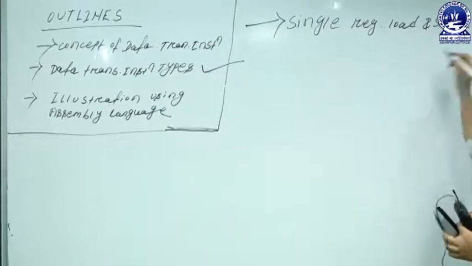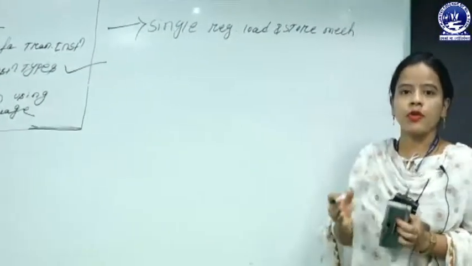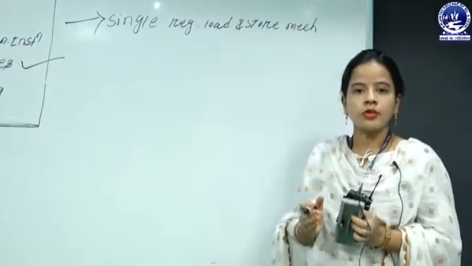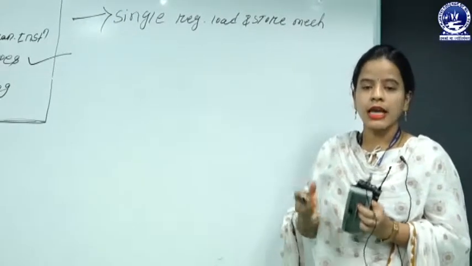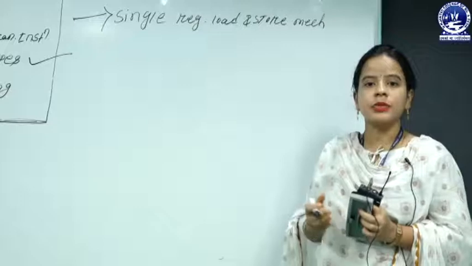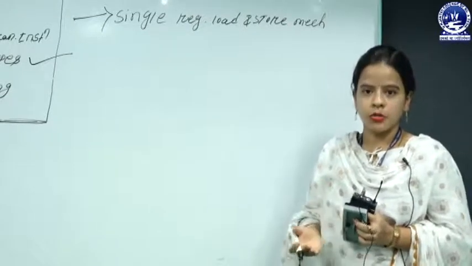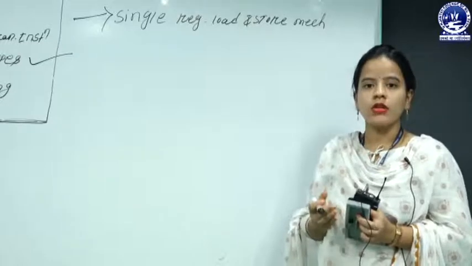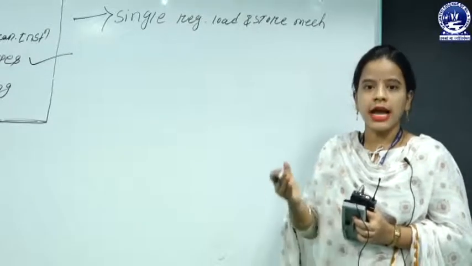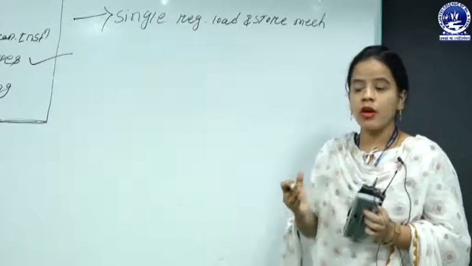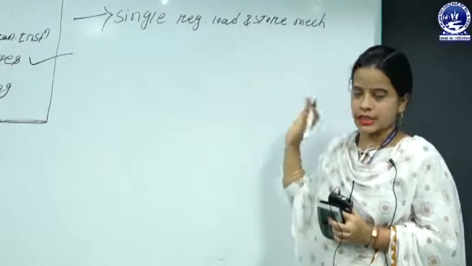In the case of the single register load and store mechanism, when the program executes any type of job or instruction, every data item is inserted one by one using the registers or memory. That means all the data is executed sequentially one after another, and you cannot offload multiple registers' data simultaneously for the job execution.